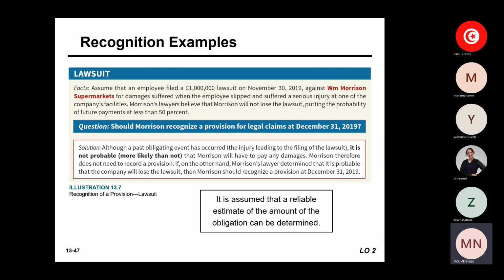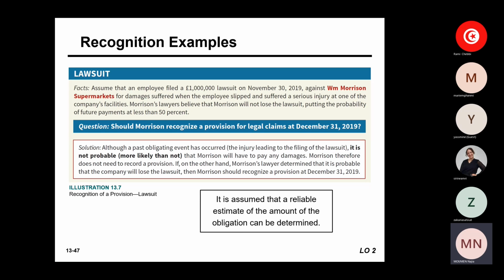as estimated by its lawyer, it is more likely than not that we won't pay any damages. So I don't need to record it as a provision. If it is the opposite, and the lawyer determined that they will be losing the lawsuit, there is a probability that they will be losing the lawsuit and paying this amount,